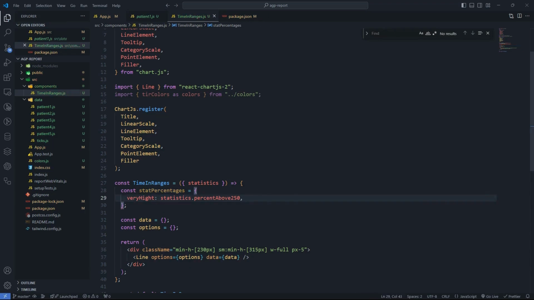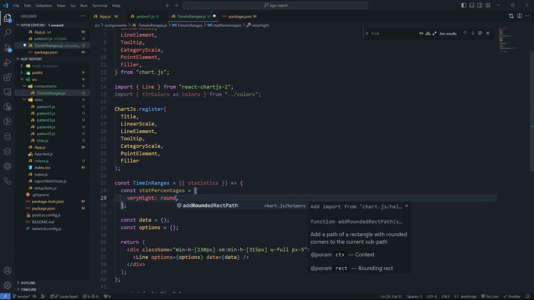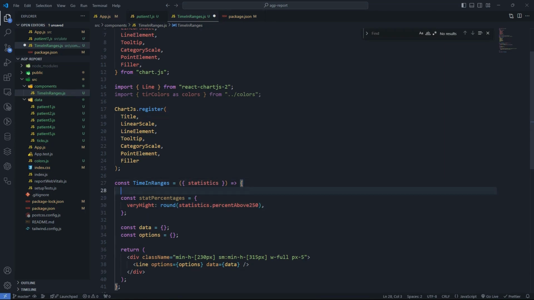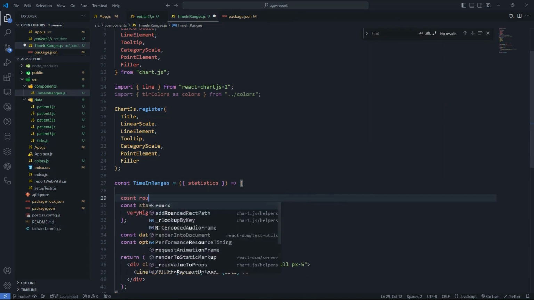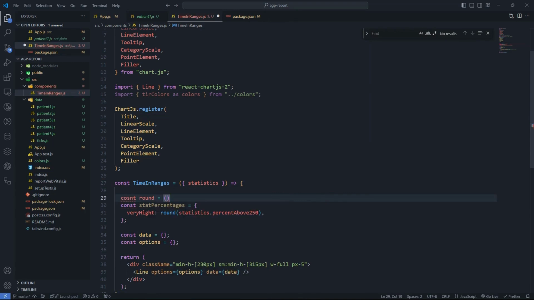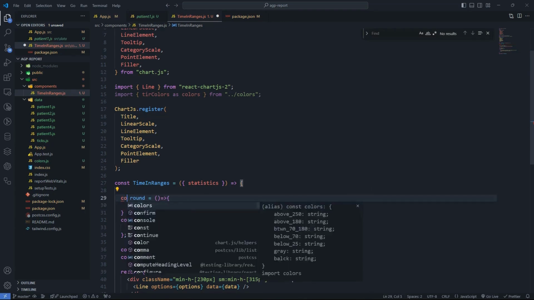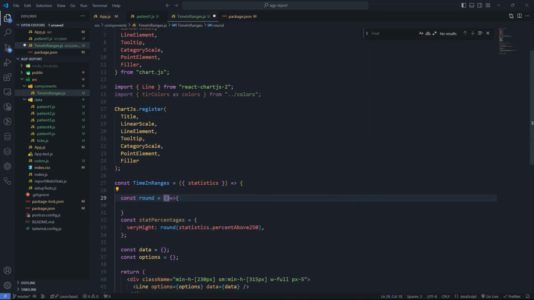So we need a rounding function. So let's round that like this. Let's create a function here, const round, and here we have a value,